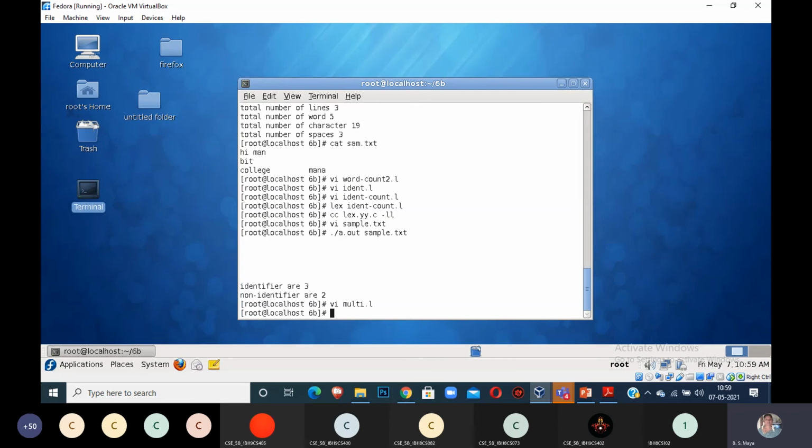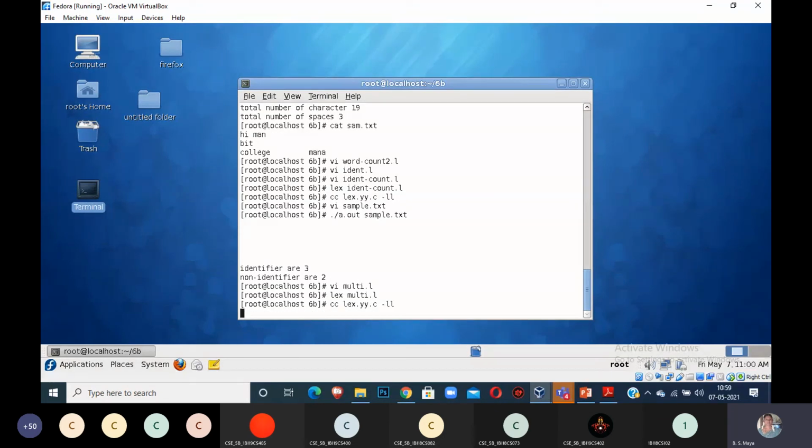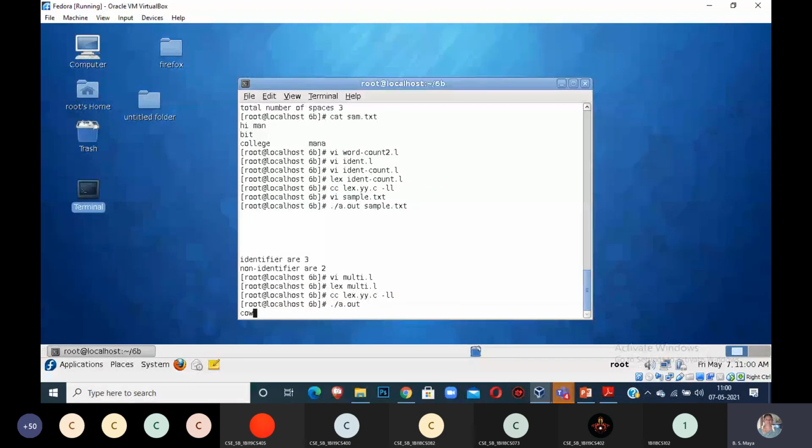You can compile your program. We give input now: cow. What is your expected answer? Cow is what? Cow is a verb, cow is an adverb, or cow is a noun, a pronoun, conjunction, preposition. If you give the word cow.